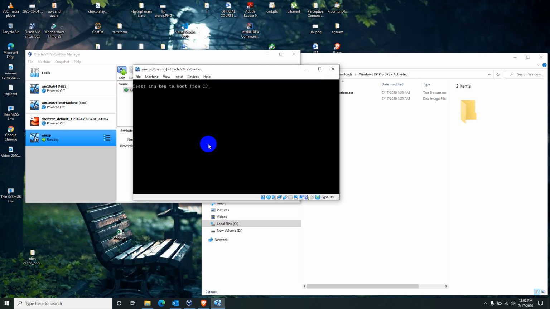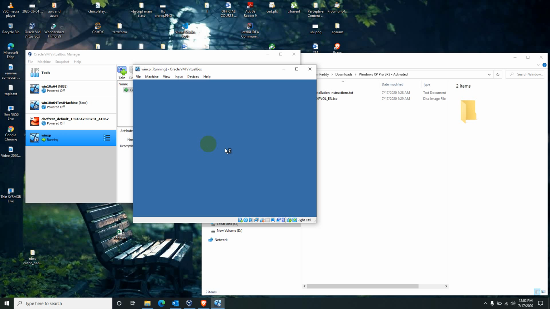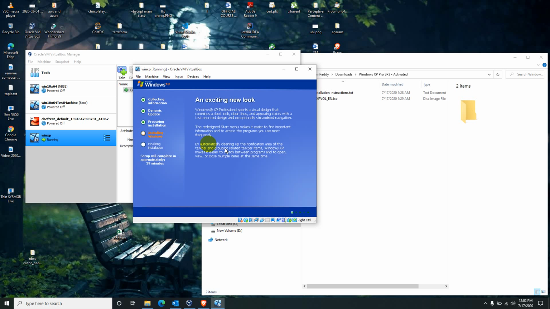Now, the second time, don't boot from the CD, because if you try to boot from the CD and press enter, it will start the installation from scratch again. Ignore that and it will try to boot from Windows XP, the partially installed system, so that the remaining installation will continue. Now it is installing Windows. If you see on the left side, so far three stages are completed. Now the installation phase is showing, and it is showing us 39 minutes here, but it won't take that much time.